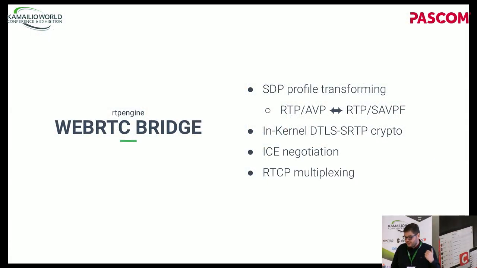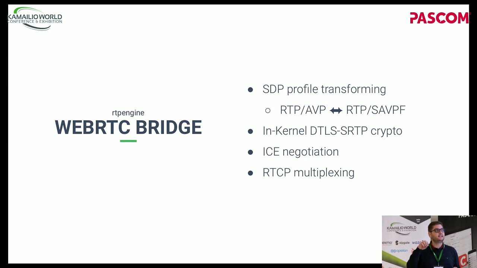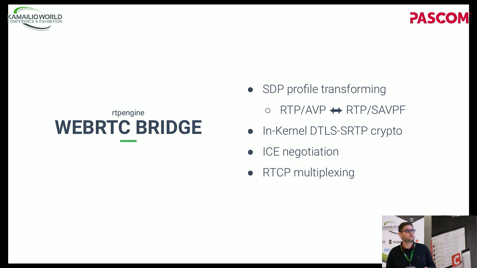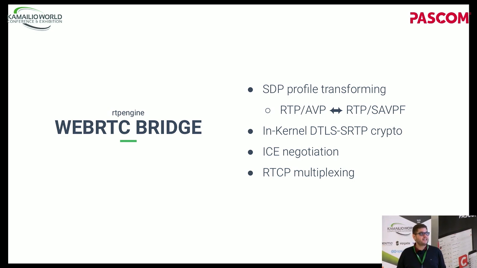Next thing, WebRTC bridge. So what it essentially is, is a mode where RTPEngine is converting SDP profiles, right? Typically, a normal call would be just an RTP/AVP profile, and you can instruct it to convert that to RTP/SAVPF, for instance, right? So you use RTCP feedback, you use encryption. In that case, when it's pushed down to the kernel, it uses in-kernel DTLS-SRTP crypto, so you really have a really small overhead on the crypto stuff. It's around, I don't know, 10% of what we measured, so not really that dramatic.